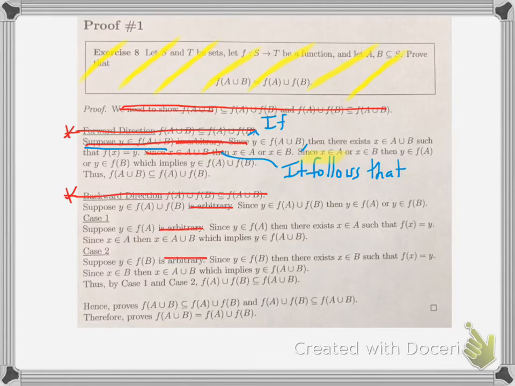Okay, why don't we just join it with the last sentence? It follows that x is an element of A, or x is an element of B. And hence, so we'll get rid of that and add in, and hence, y is an element of f of A, or y is an element of f of B, which implies